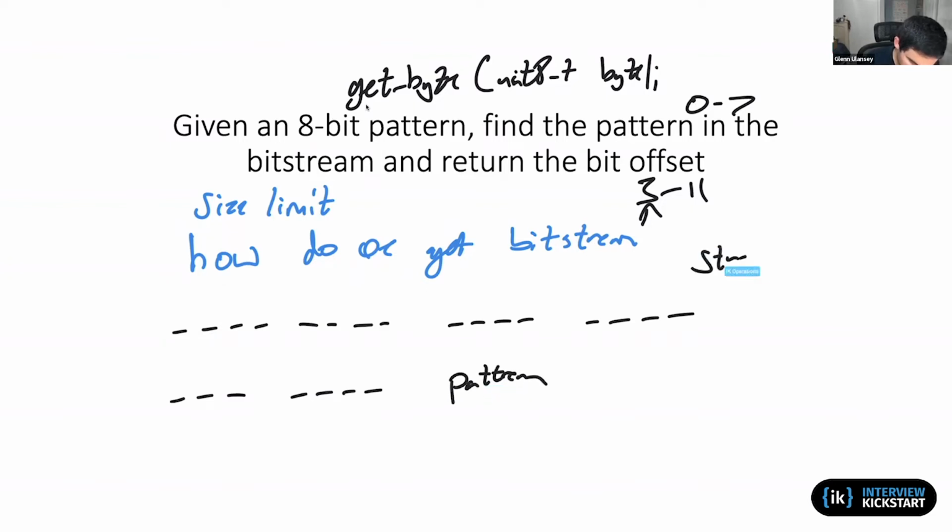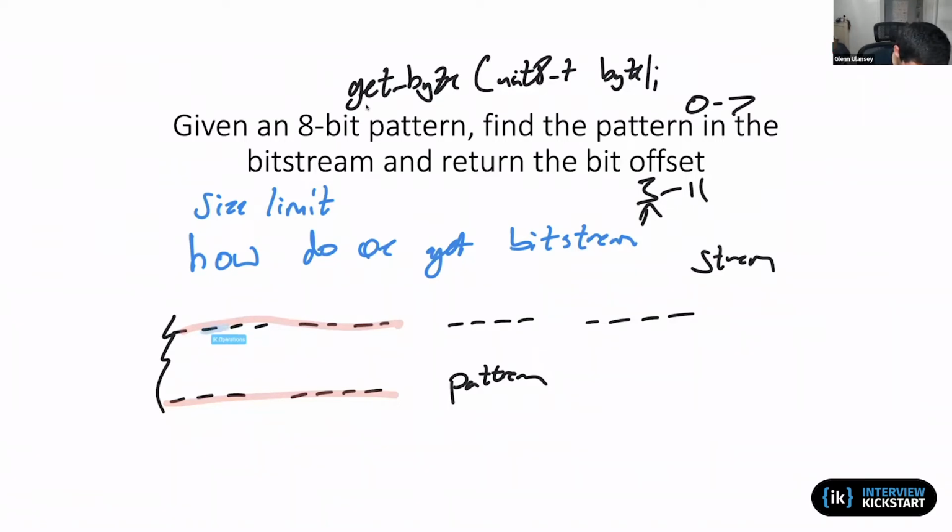So that's my stream. This is my pattern. I want to compare and I want to search for where my pattern is in the bit stream. Obviously, in this very first exact case, it's trivial. I can compare this byte to this byte using regular equal semantics in C to confirm whether these bytes are a match or not. But now, how do I check the next set of bytes?